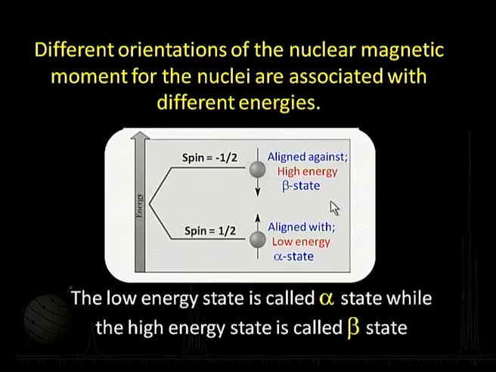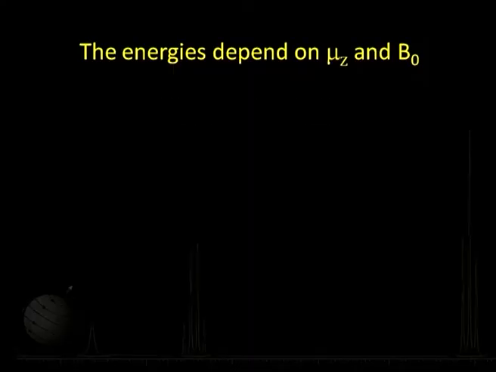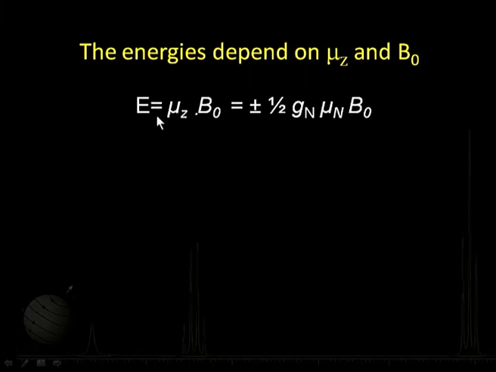Now, I was just mentioning the energy part of it. Energy depends on two things, that is the z component of magnetic moment and the field, because if the field is more, the interaction will be stronger, there will be more energy to that. And what you find is that the energy is equal to mu_z times B naught. B naught is my magnetic field which has been applied there.